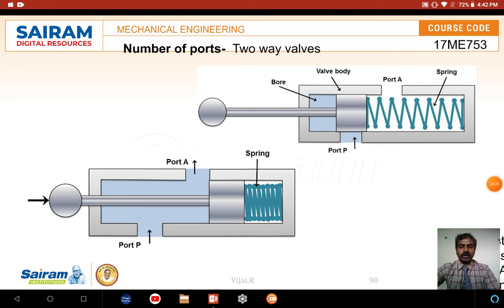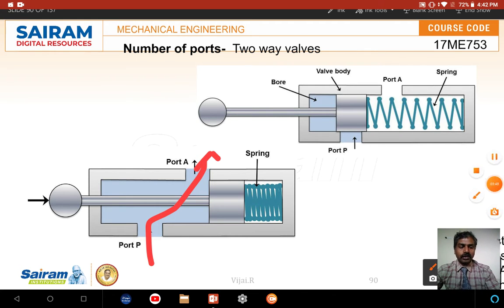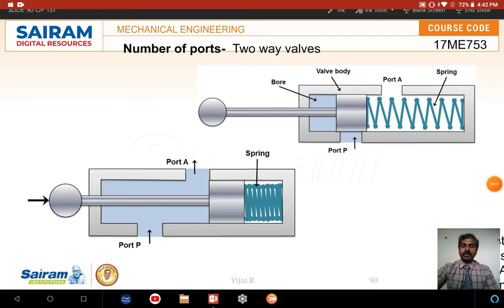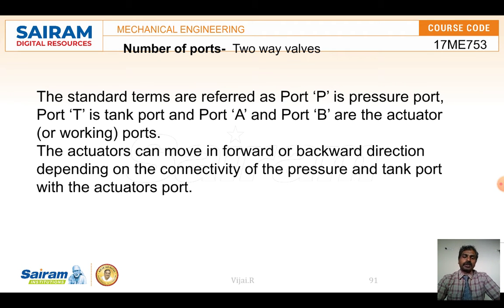So the connection between port A and port B is made when this is operated, for example manually, so this is two-way. One way is from port A and it goes up, and when it is released, due to the spring action it moves backward and it is closed again. So this is operated with the help of spring mechanisms, and it may be manual or a cam operated mechanism can be used on the left side to move this.